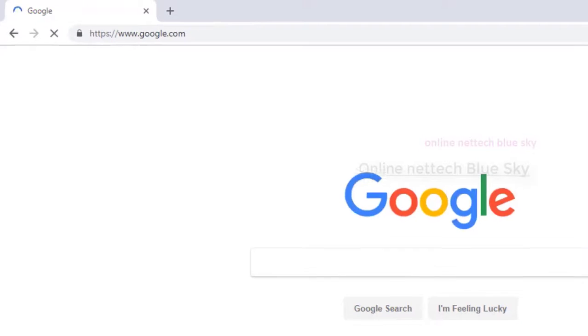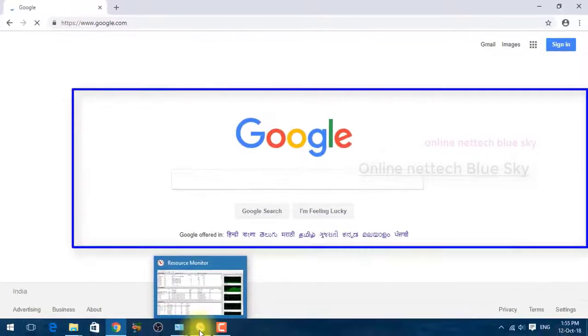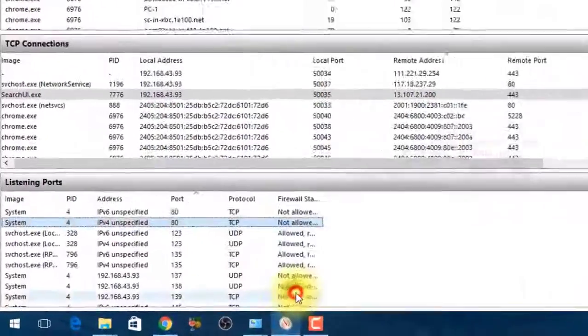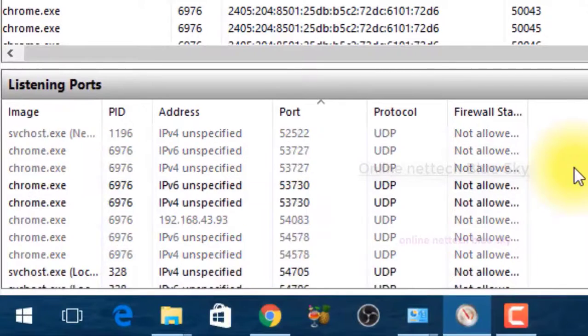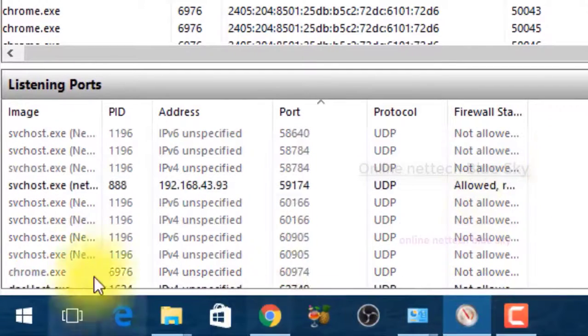Okay, so I opened Google, and you can see my website. Any website you open in your computer, you can see the Chrome file here.